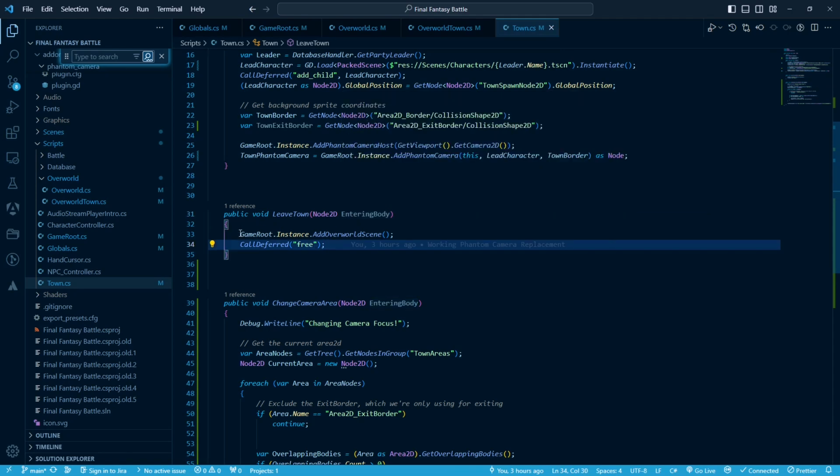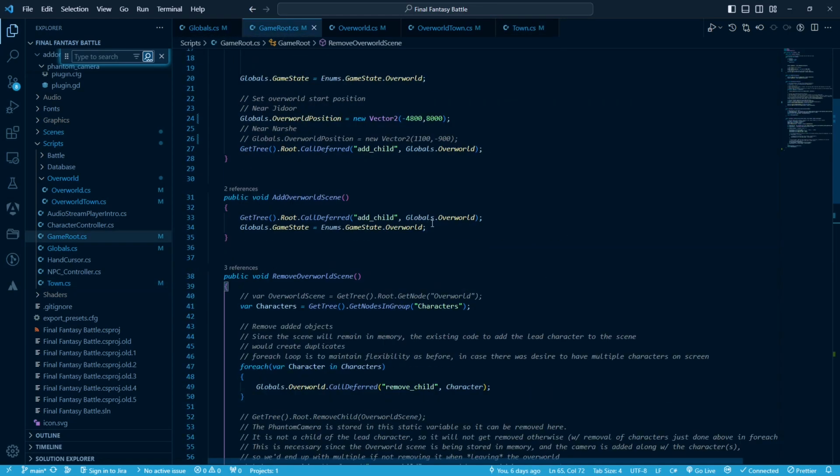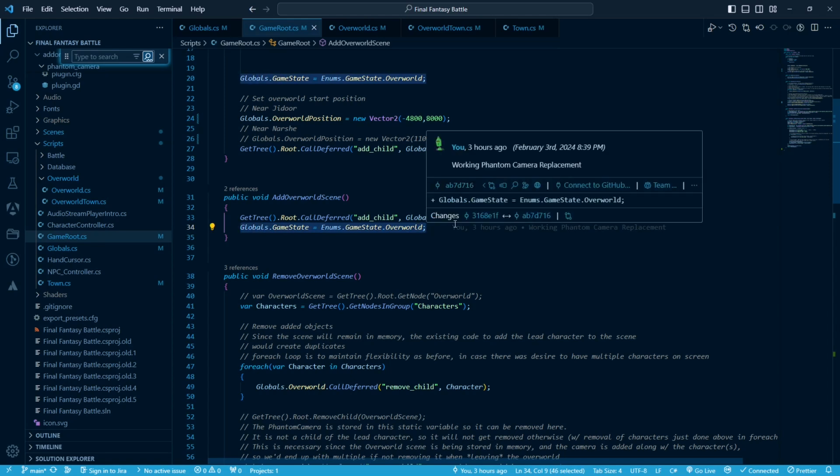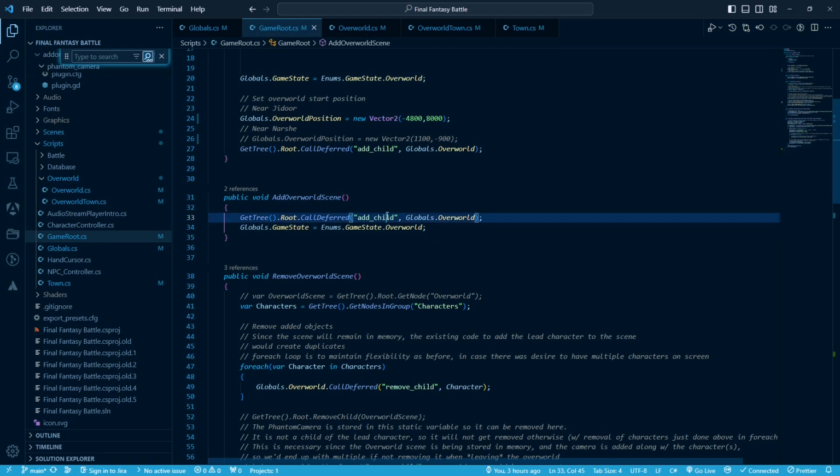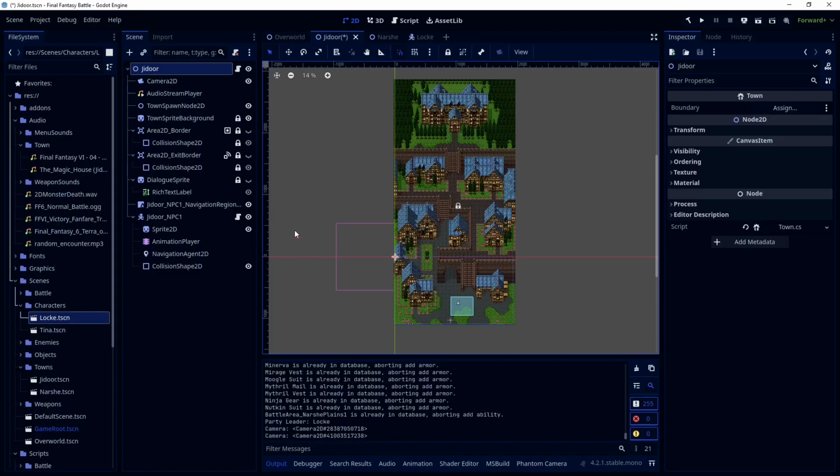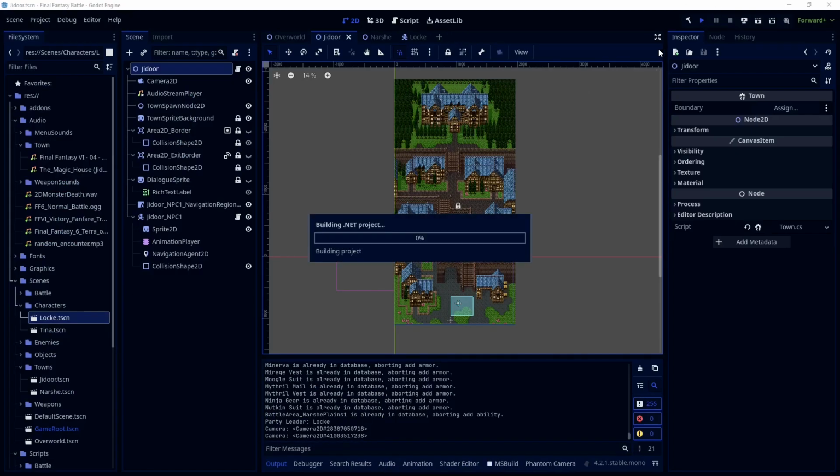Similarly, I decoupled adding the overworld scene, since that's one you're going back to. This almost doesn't need to be broken out, but I feel like adding more later, it might be smart to break it out. It's also right next to the remove overworld scene, so it's clear from a readability standpoint. Again, if you're tracking game states, make sure to go back to whatever game state you want here. But all this is doing is adding the overworld scene. Since this is already in memory, that's what it's going to do. And that will leave the town. So just to demonstrate that,